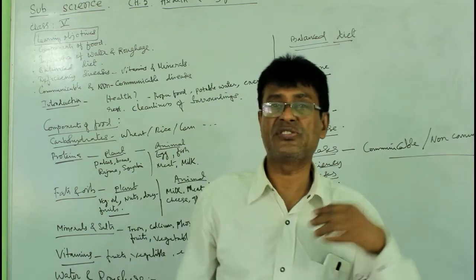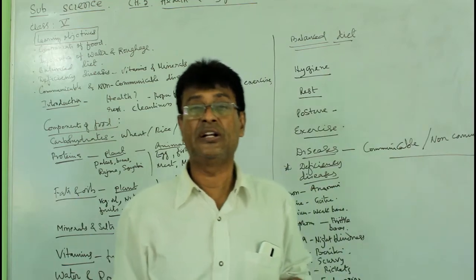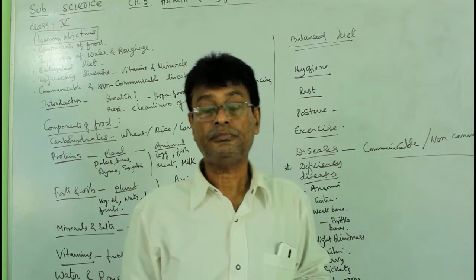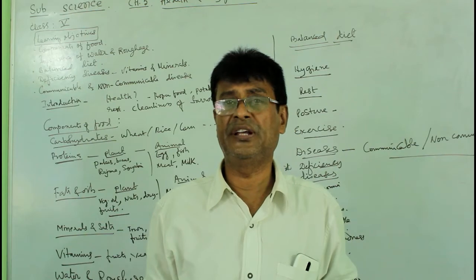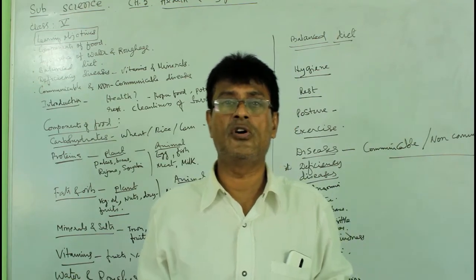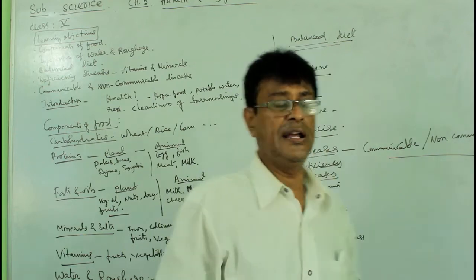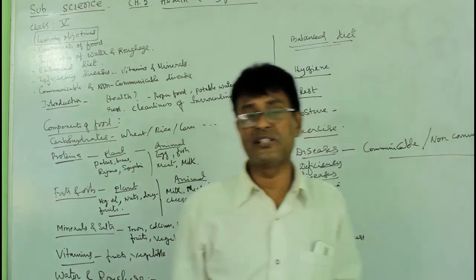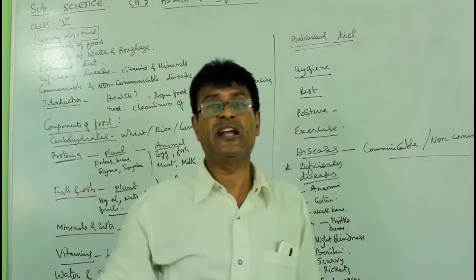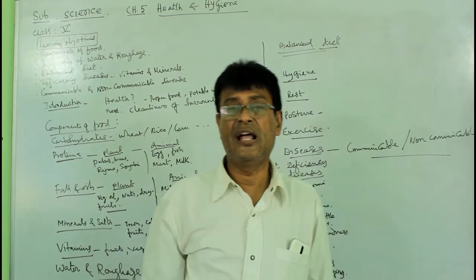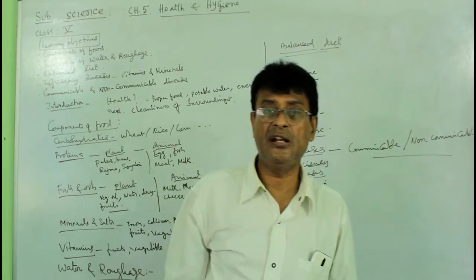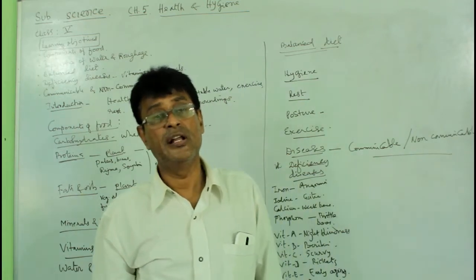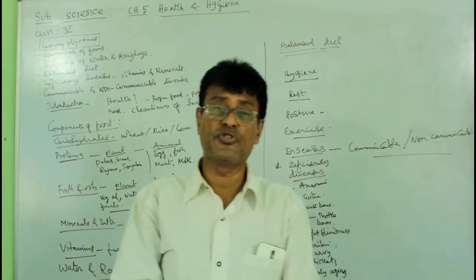Number one, diseases which we get after birth, and diseases which we get from our ancestors. That is called hereditary diseases, and then we have the general diseases, which are acquired diseases. Coming to acquired diseases, we have communicable and non-communicable diseases. Communicable disease means I have a disease that will be communicated to you by different agents like flies, mosquitoes, air, droplets, and so on. Some diseases can also go to you by touch, suppose ringworm and all.